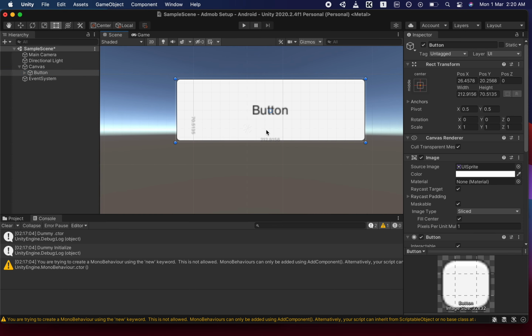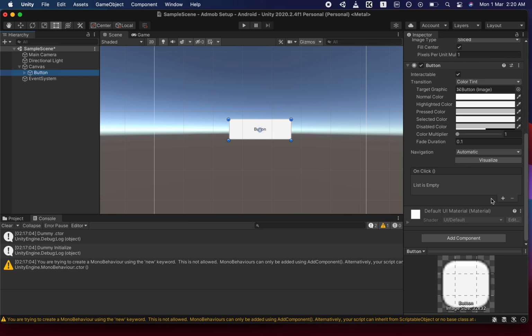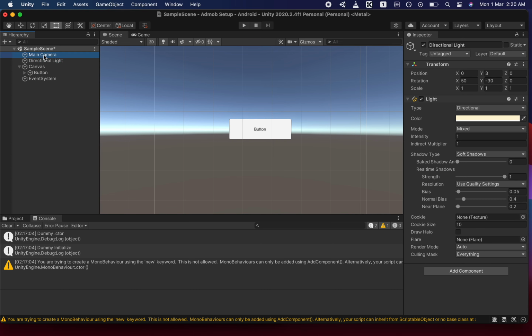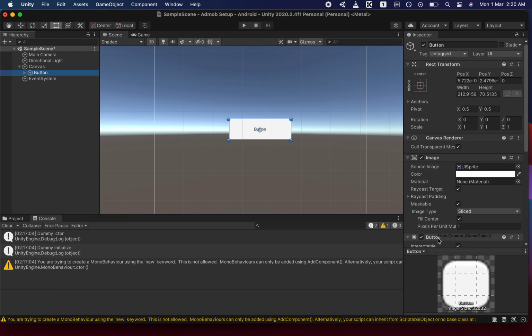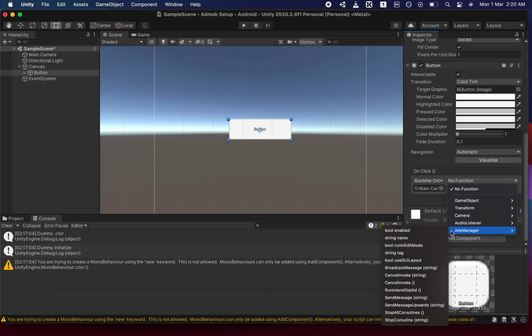Let's increase the button size. Then on the button's on click, copy and paste this script. Drag and drop this main camera over this button, so the ads manager will run the interstitial ad.